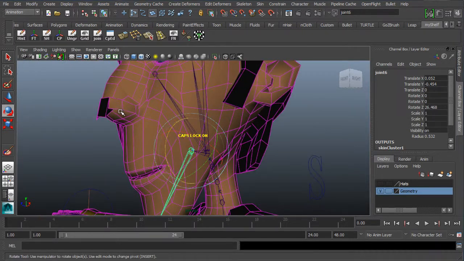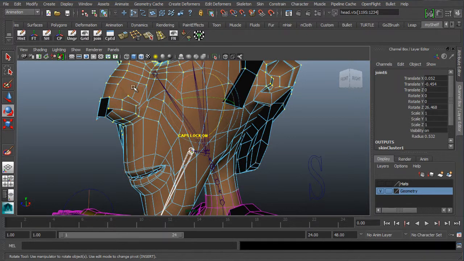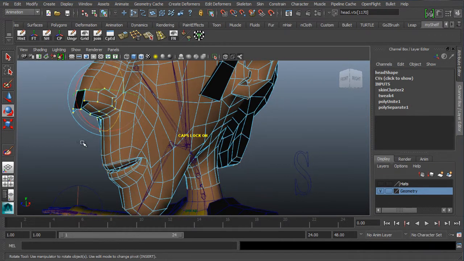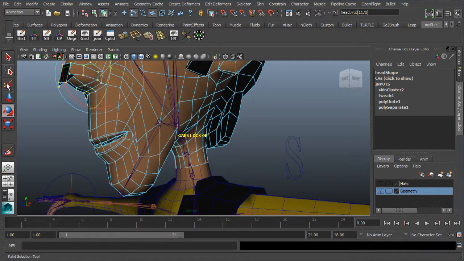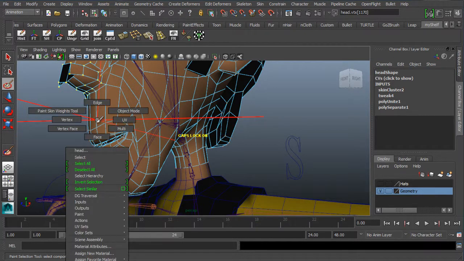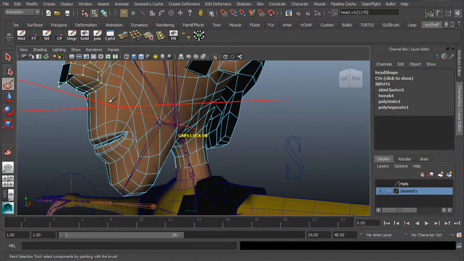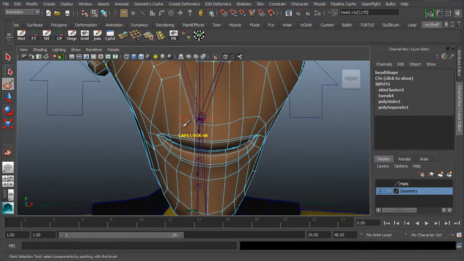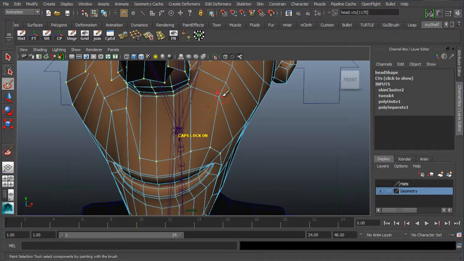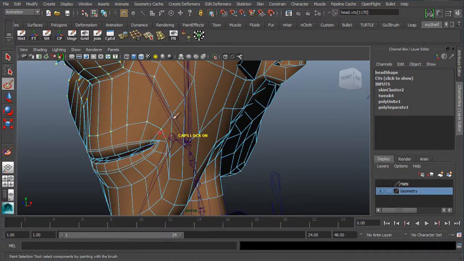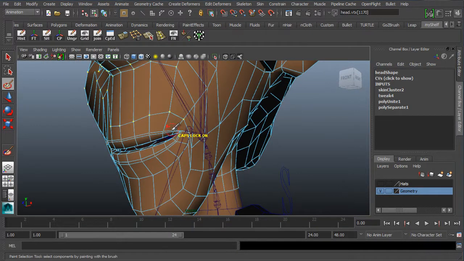And if I select some of these, watch, I'll select some of the ones that I thought I selected and maybe didn't. You can use this paint select tool, right click and go to vertex. This paint select is going to be perfect for this. I'm going to hold down B, make it smaller, right? Smaller, smaller, smaller. And I'll make it really tiny. That way I could select these. Now watch, check this out. This is great. I can add, by painting, these other vertices that might be affected by